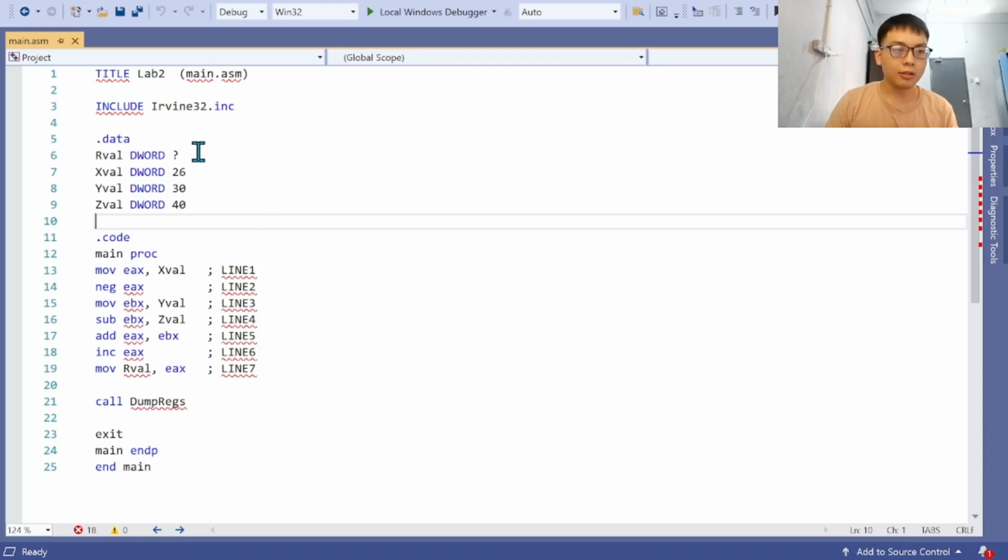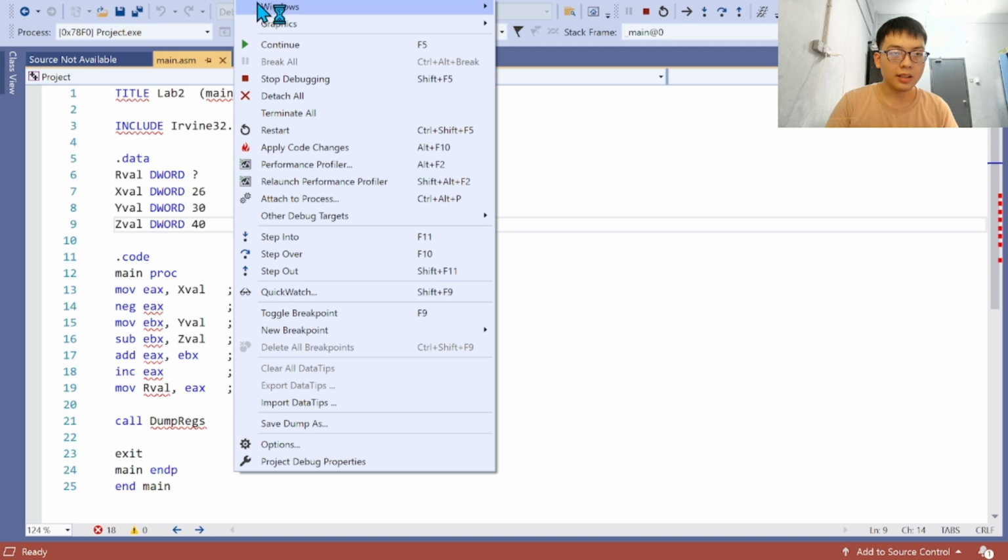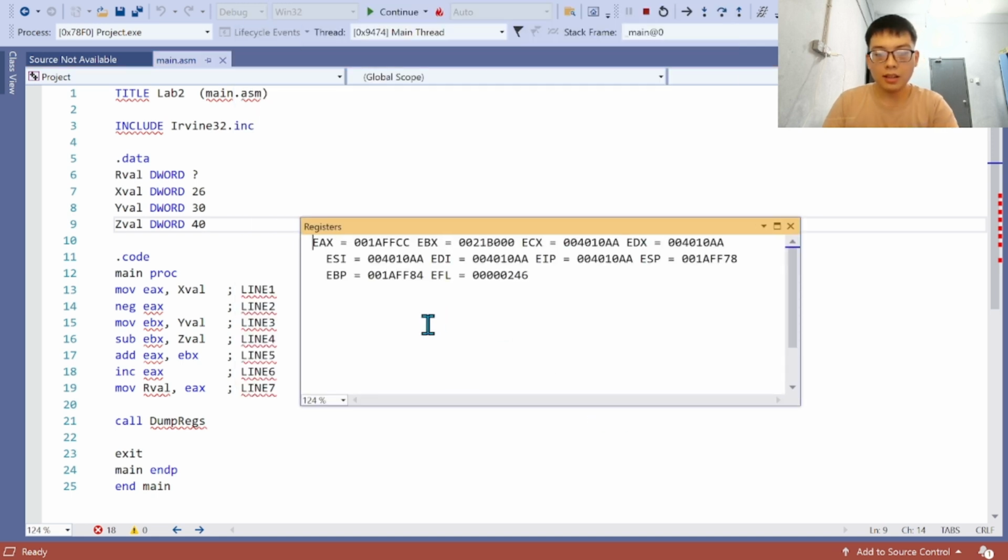For question 2, we declare all the variables using DWORD. R-val is unknown, X-val is 26 in decimal, Y-val is 30 in decimal, and Z-val is 40 in decimal. Now I start debugging. First, we need to start over, and we call the register to C, and start over